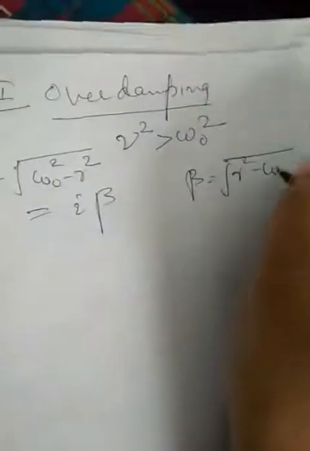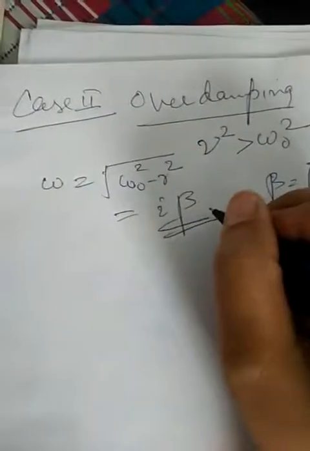So which can be written as omega equal to iota into beta, where beta is equal to under root of gamma square minus omega naught square. So that means it will be in the form of a complex number, that is called iota. So since omega comes out to be iota beta, we will write the solution as y is equal to